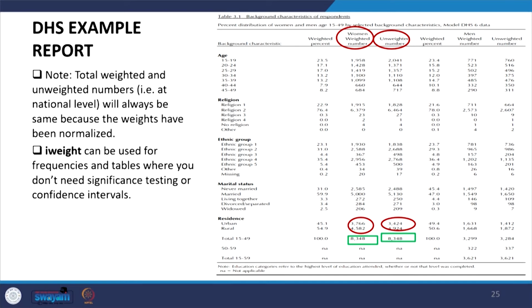You can also follow these aspects from the DHS example report. The total weighted and unweighted numbers will always be the same, because the weights have been normalized as well. We will also discuss the normalization technique in the next lecture. I weight can be used for frequencies and tables where you do not need significance testing for confidence intervals. Especially without significance testing, I weight can be easily taken, and should be taken, in fact, to represent your data